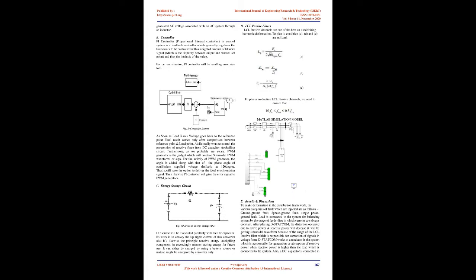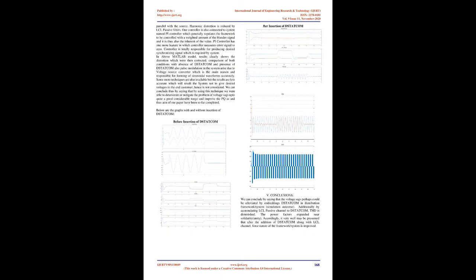If the output voltage of the VSC is more than the AC bus terminal voltage, the D-STATCOM is said to be in capacitive mode. In that case, it will compensate the reactive power through the AC system and regulate the missing voltage. These voltages are in phase and are then coupled with the AC system through the reactance of coupling transformers. Because of the adequate change of the magnitude and phase of the D-STATCOM output voltages, it allows effective control over the active and reactive power exchange between the D-STATCOM and the AC system.